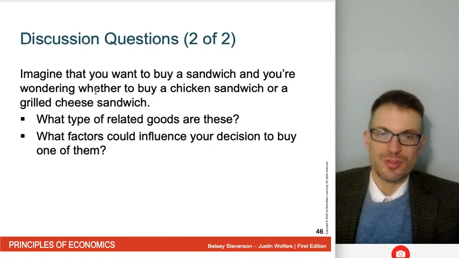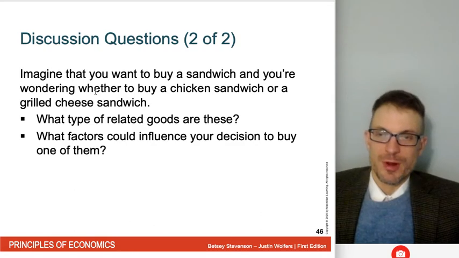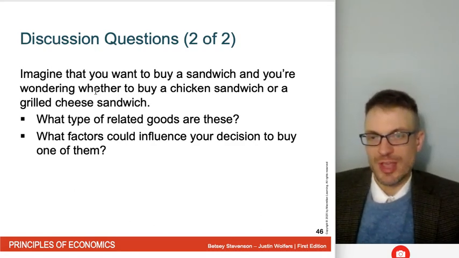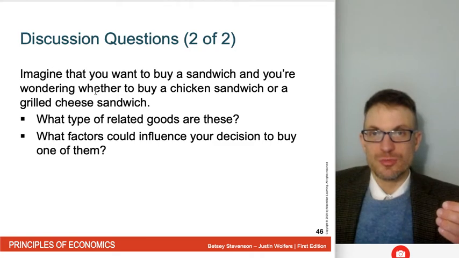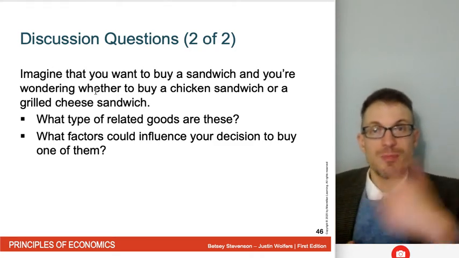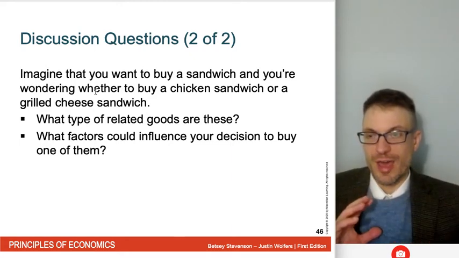So here's the graphs that I build out in my other video. So if the price of a chicken sandwich rises, I buy a smaller quantity of chicken sandwiches and it increases my demand for grilled cheese, right? So when the price of one good changes, only quantity can change for the good under consideration, and then demand for the other thing changes, right? So the change of price affects